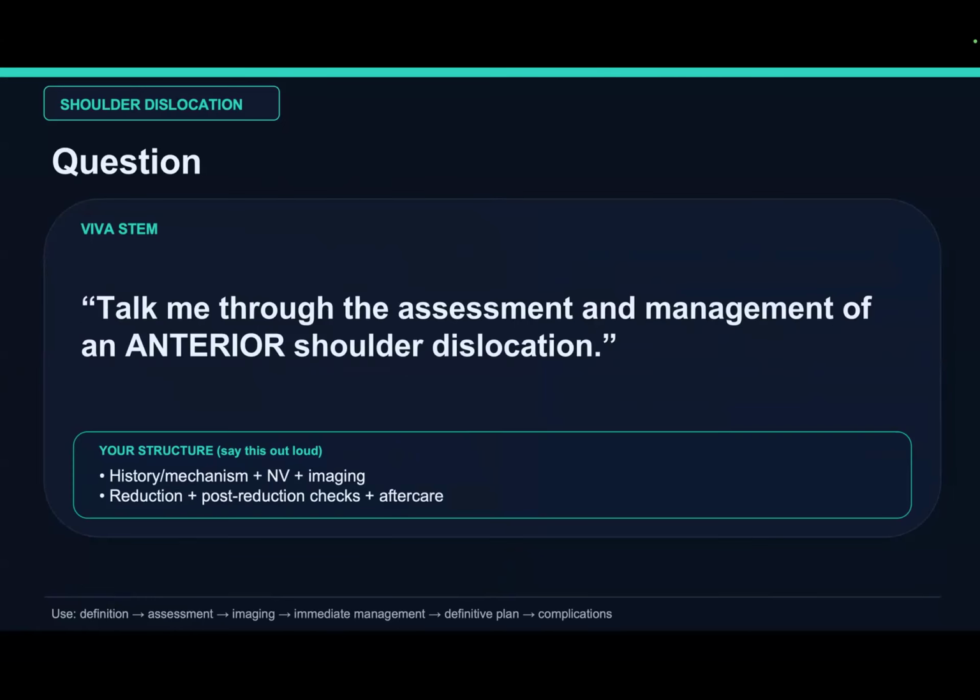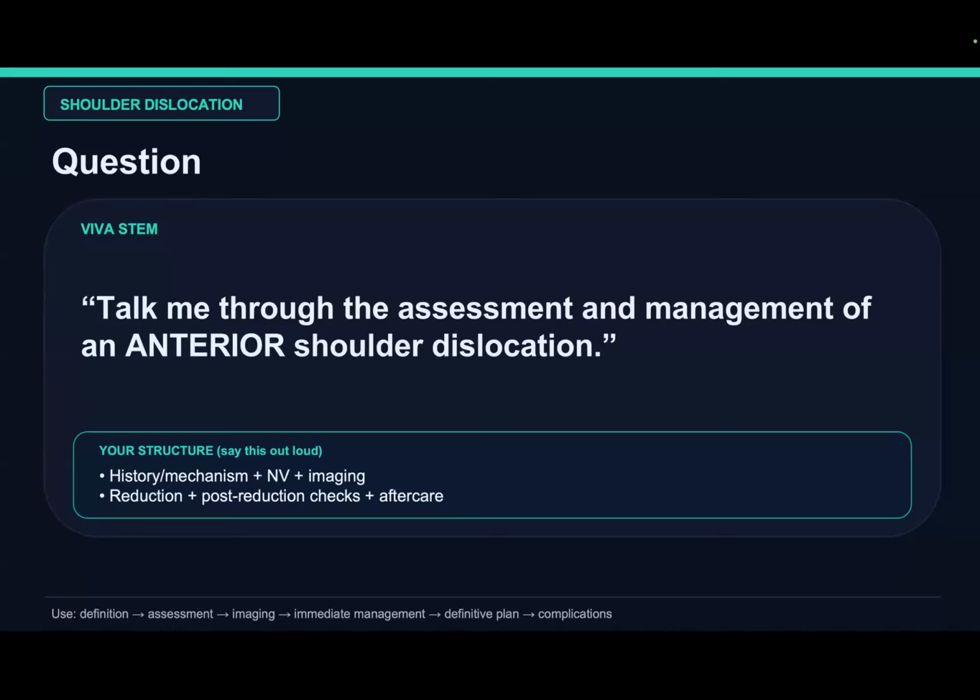I would like to assess the neurovascular state and document it clearly, especially the regimental patch area for sensory distribution of axillary nerve, median, radial, anterior interosseous nerve as well. Check the radial pulse and check capillary refill. Check the deformity and if the appropriate analgesia and sedation available